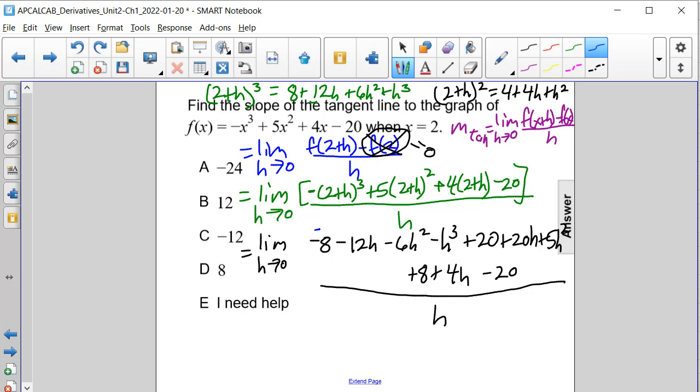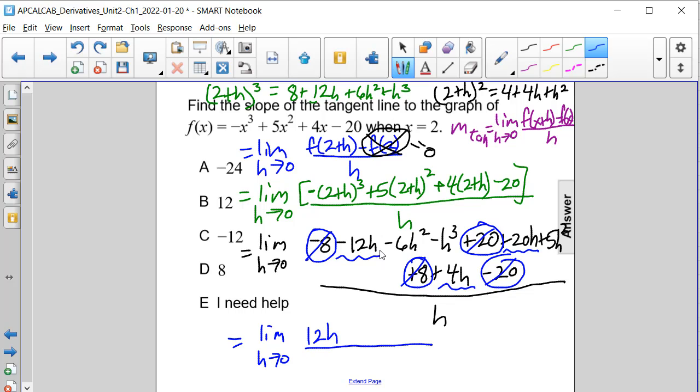And let's look for things that cancel out. So we have a -8 and a +8, they cancel. We have a +20 and a -20, they cancel each other out because they add up to 0. And now let's look at the terms that are considered like and still remain. So we have -12h plus 20h, so that's 8h, plus 4h, so that'll be 12h. So we're finding the limit as h approaches 0 of 12h,